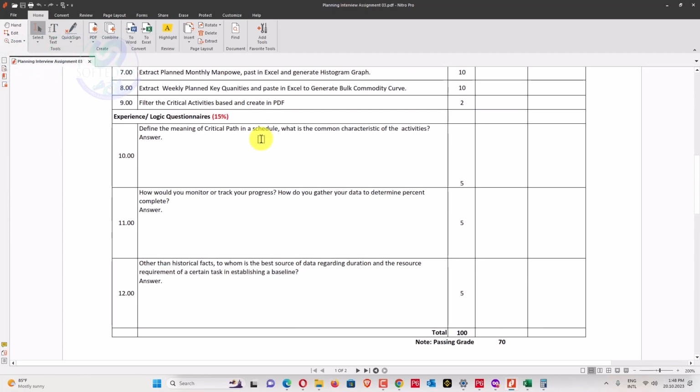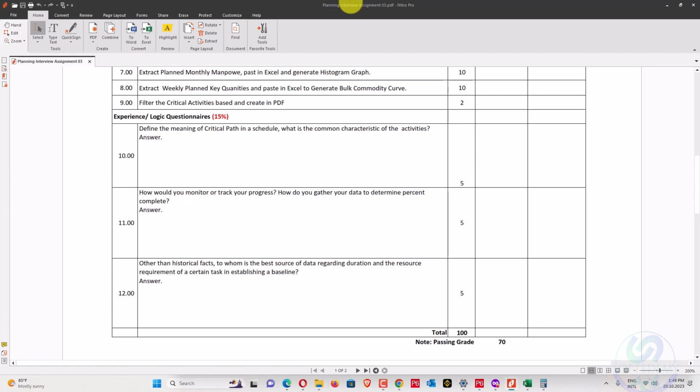Now we have 3 questions that have an aggregate of 15%. We'll also answer those questions, which are not tricky questions. I will say that adding these questions is not meaningful, because if you are hiring someone who is a planner, these questions are for an interview, not for a paper. Because if you want to check the efficiency of a planner, you can ask him to perform the task, not to ask theoretical questions like those asked in exams.